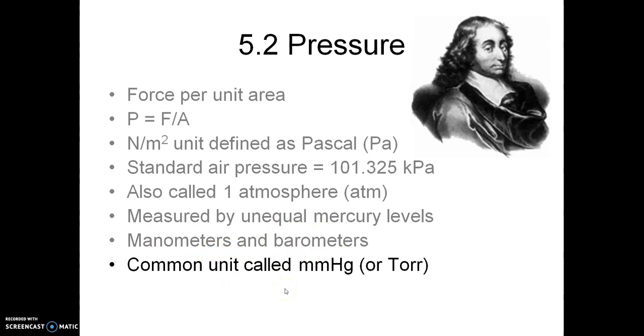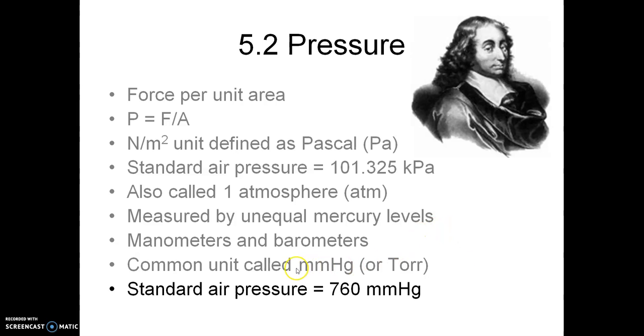So another unit of pressure we have is the millimeter of mercury. Literally, how many millimeters did air push the mercury up the tube? Or any gas, not just air. Sometimes millimeters of mercury are called torrs, named after Torricelli, the guy who did some work with this. Standard pressure in this unit is 760 millimeters of mercury. So notice we have 3 pressure units: kilopascals, atmospheres, and millimeters of mercury. And notice 1 atmosphere is 101.325 kilopascals, is 760 millimeters of mercury.